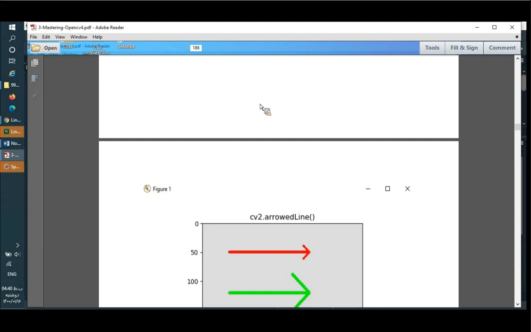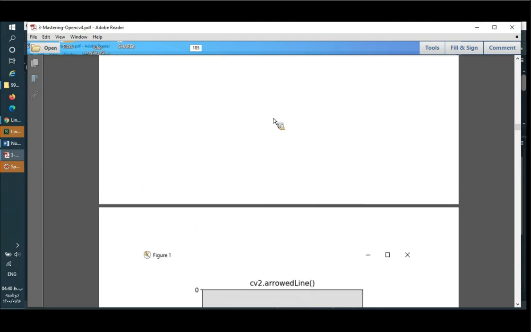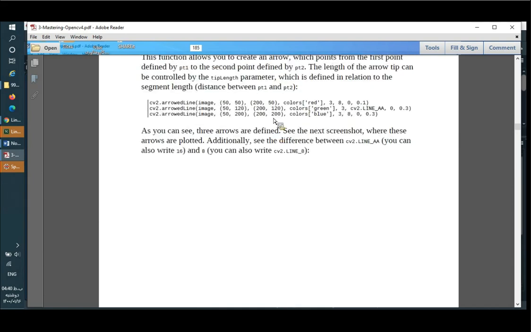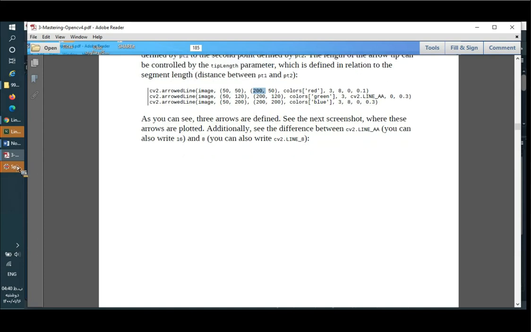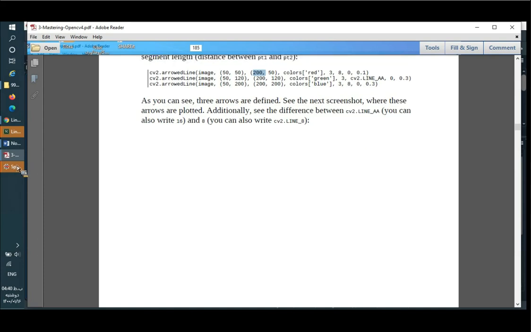So when we say 200 first, it means the column number, or X in CV. In OpenCV functions, the first one means x. But in NumPy, the first one is actually y. The first one is the row number. Anyway,